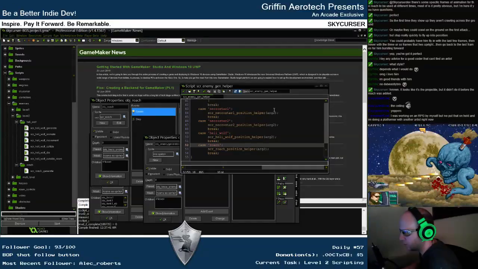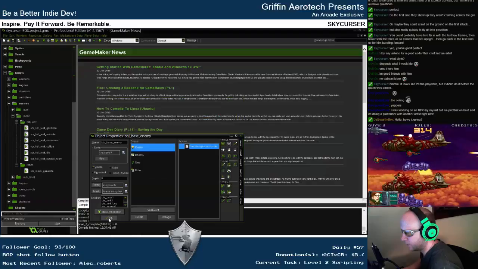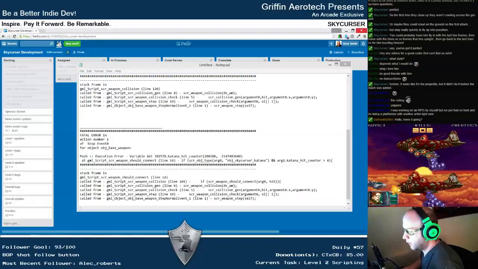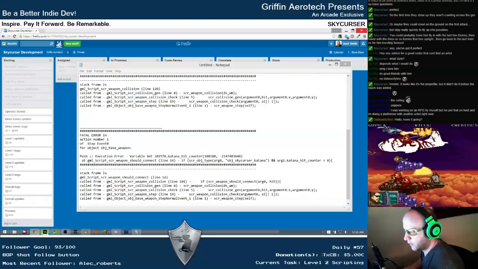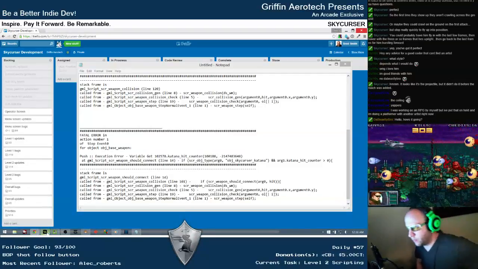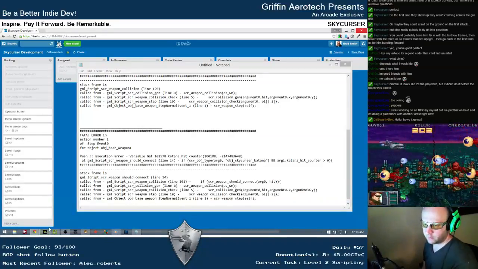It's got to be the roach. Okay, so I think what I'm going to do is, sometimes I've noticed that GameMaker will incorrectly load objects and sometimes scripts. So I'm restarting GameMaker to give it a fresh